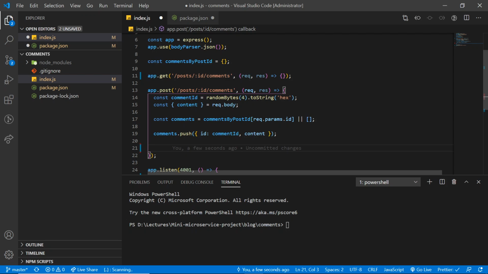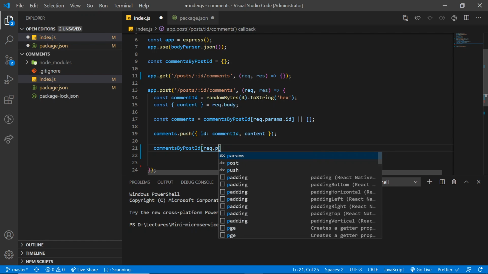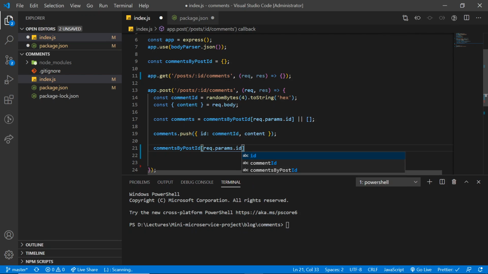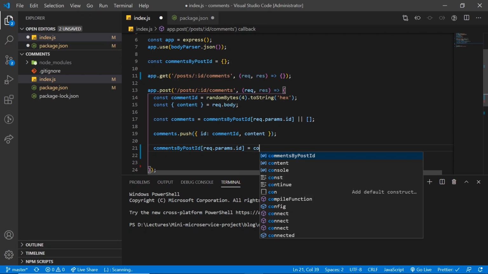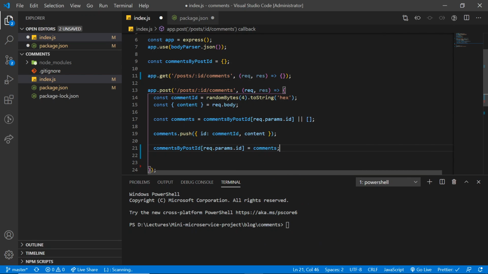Next, I'll make sure that I assign these comments back to our original object. So for that, write down this code and assign it to comments. In the last, we are going to send back this entire comments object that we just created.